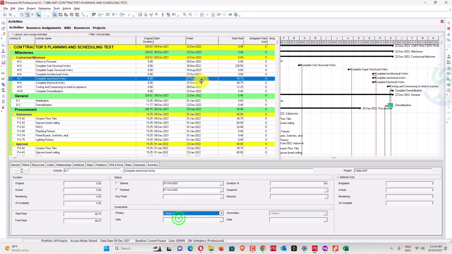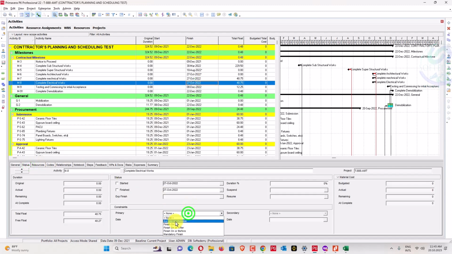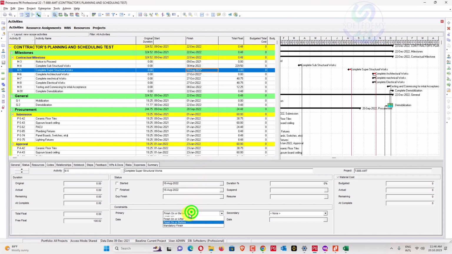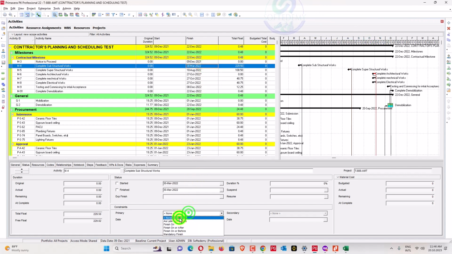So do not concern about why, because everything cannot be finished at the same time, because everything is dependent on another one. So we'll go here, none, also none, this one. This one we haven't matched, this one 30 March, this one I have left for you guys. So this is my complete CPM scheduling for this one 18.